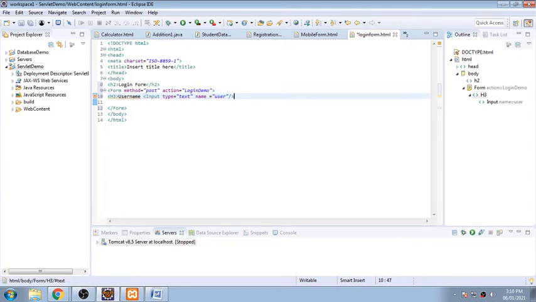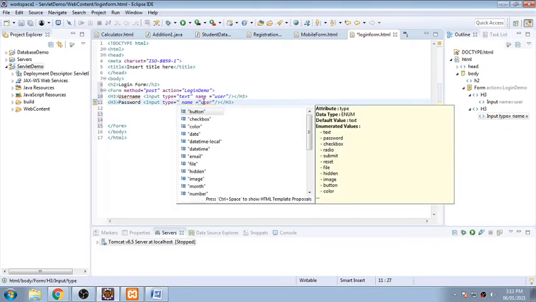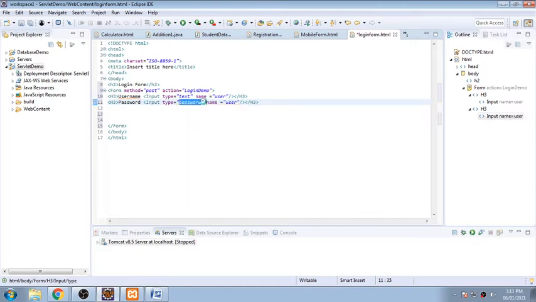And for the second one, copy and paste it. I will call it password, and it will be a password field. So we'll check it like this. It's just like this. Okay, and finally we'll go for the two input boxes.